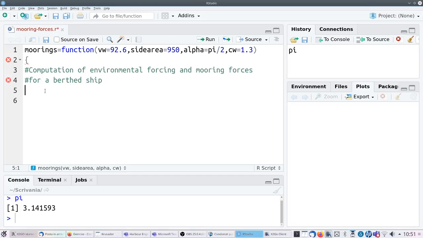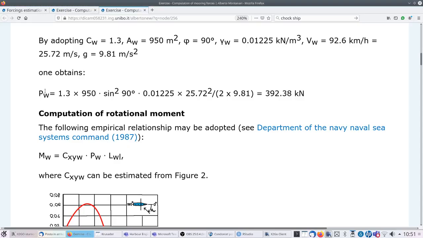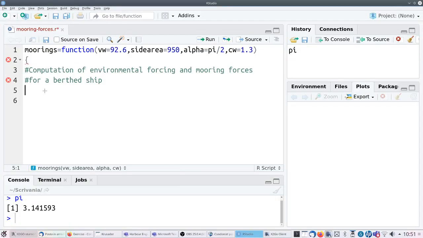Okay, now the wind force, let me go back to the web page. I need to jump back and forth because I want to use the same symbols. So be patient if I jump back and forth a little bit. Here it's PW, so let me call it PW is equal to,